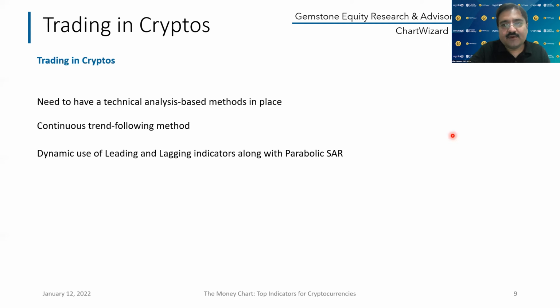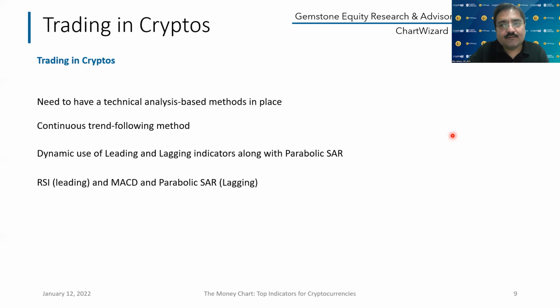Unlike the previous segment of an investor, who is not a trader and who is looking at storing the coin for a longer time, if you are out to trade in the cryptos, you will need to go beyond learning the basics of technical analysis. You will need to have technical analysis based methods in place. You will need to have something like a trend following method, and you will need to know and learn about the different oscillators and indicators that technical analysis offers, so that you can go ahead deploying them in making your trading decisions.